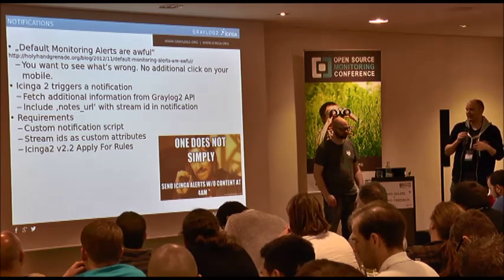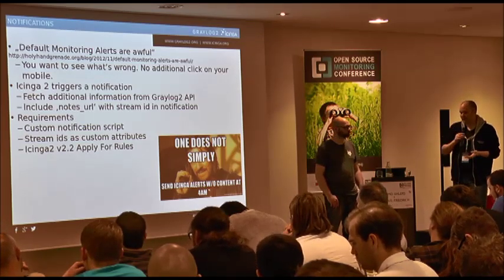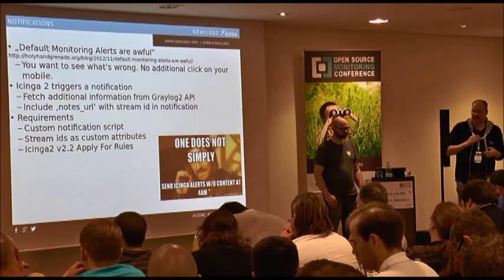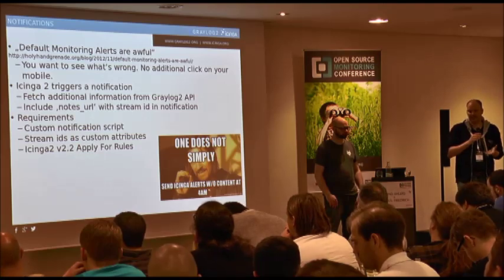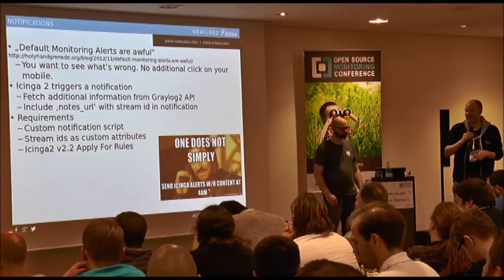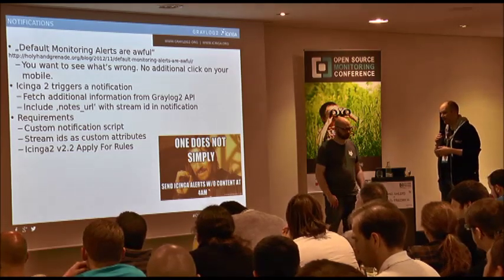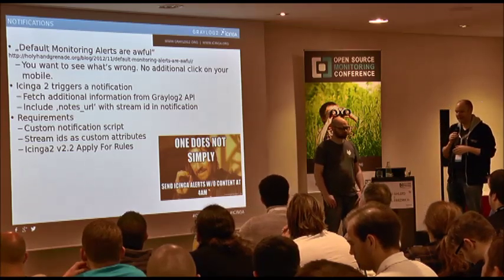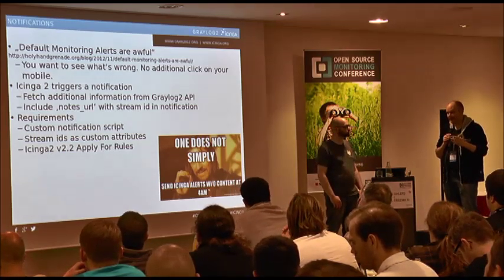But it should be rather simple to integrate and do some curl or wget or whatever from the REST API and actually present it to the user who should actually fix the problem then. Because having just one line of output and saying, well, something is wrong, is not really helpful.